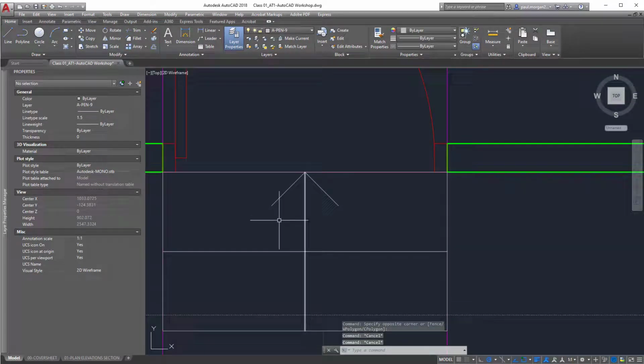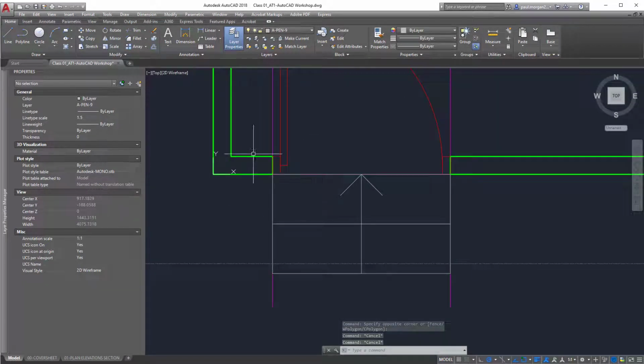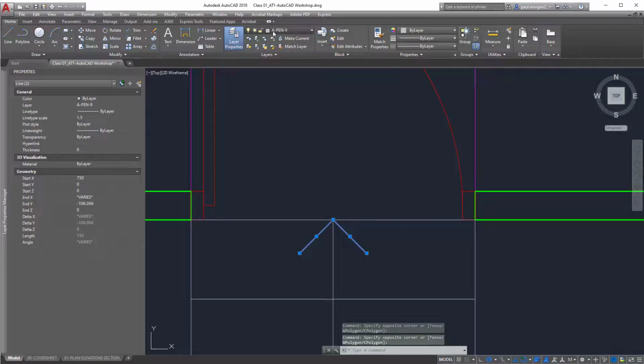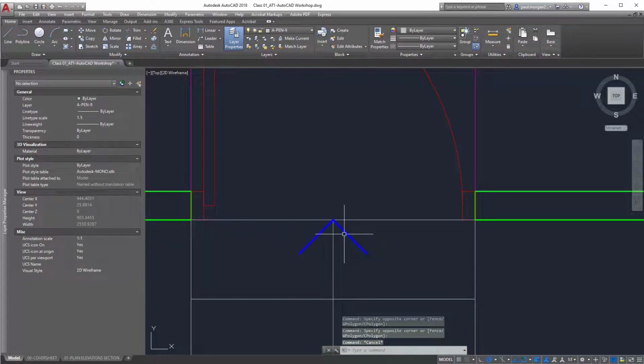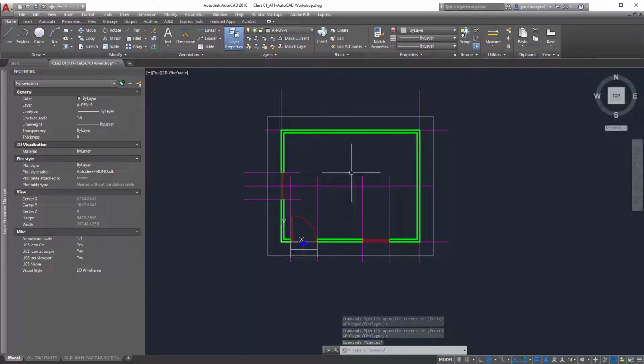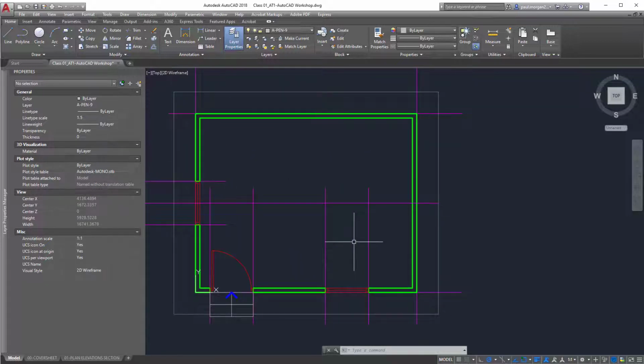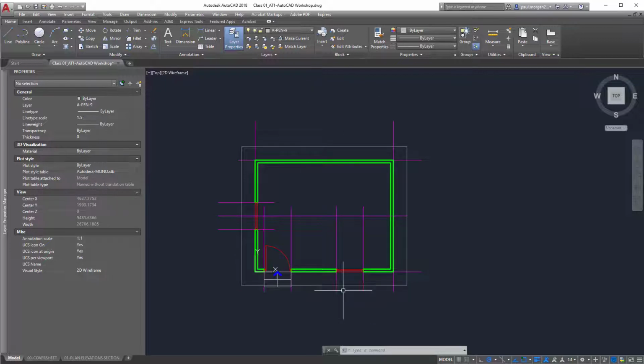So now it's complete. I can assign objects within the CAD file to layers after I've drawn them. So I can select these 2 lines, go up to the drop-down box, click on A-pen-50, and they'll convert into the A-pen-50 layer. So the floor plan is now complete, the 99.9% of it. Next up, we're going to look at the section. So we'll draw the section line first so we understand where the section has been cut, and then we'll group this, copy it across, rotate it, and then start drawing a bunch of reference planes to help inform us of